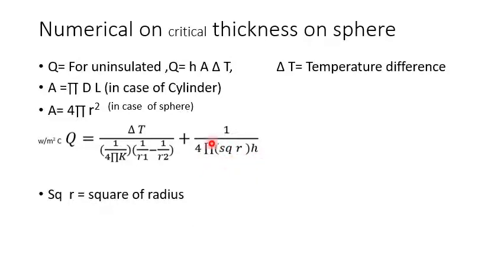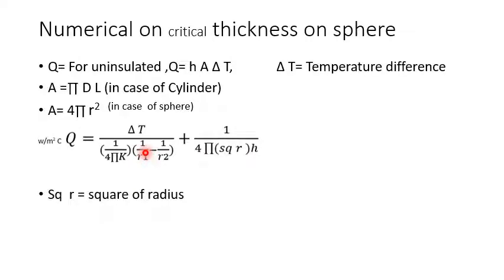convection. And here you can find out K, as we discussed in an earlier slide for the cylinder. In a similar way, K is the thermal conductivity of the material of the sphere, whether it is stainless steel, steel, or aluminum. If not given, I can refer to the data handbook to substitute for K. And R1 is the outer radius of the pipe.